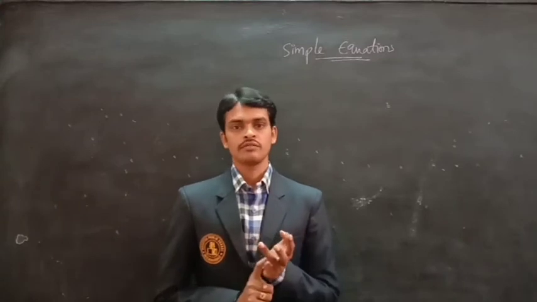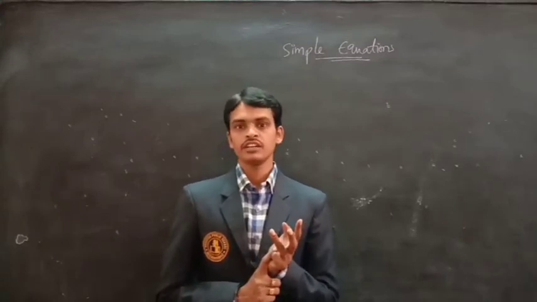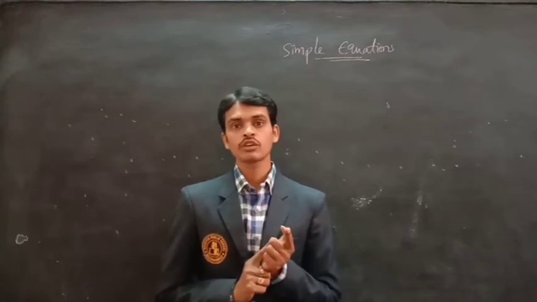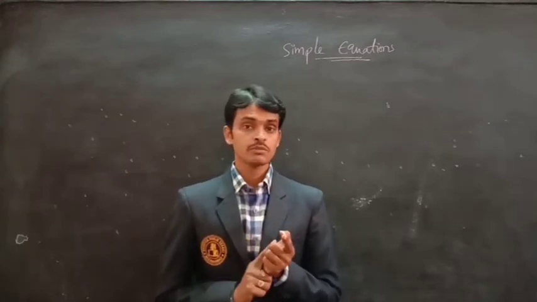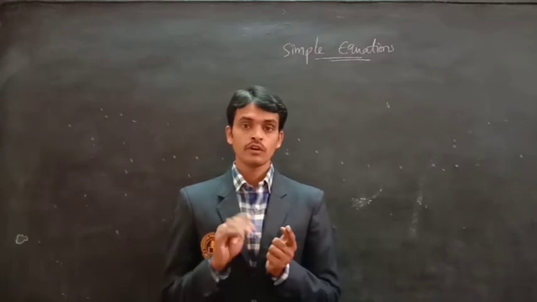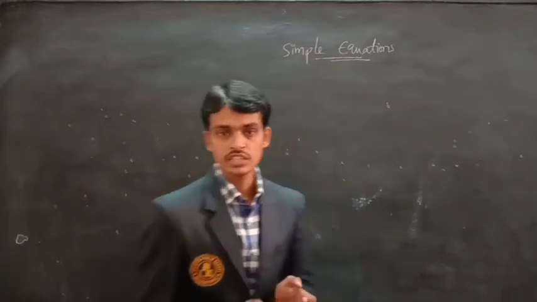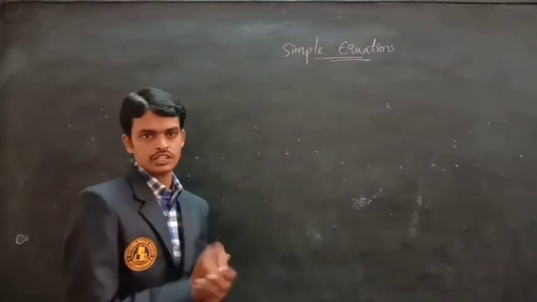Three types are there. First one is the trial and error method. Second one is the transposing method. Third one is the without transposing method. The without transposing method we also call the weighing balancing method. So the first method is the trial and error method. Now we will discuss.